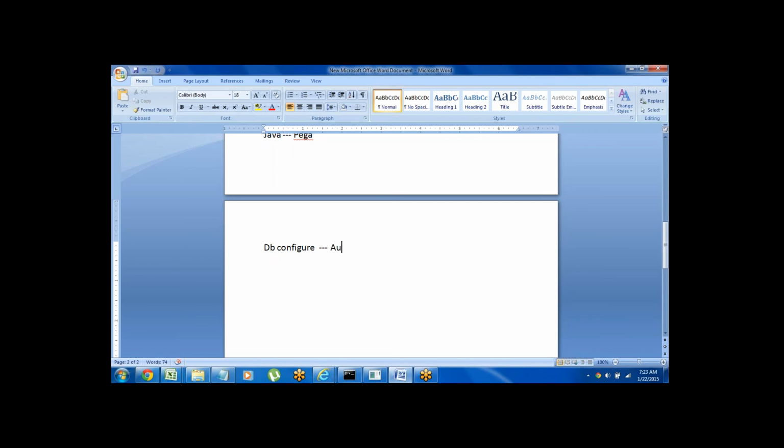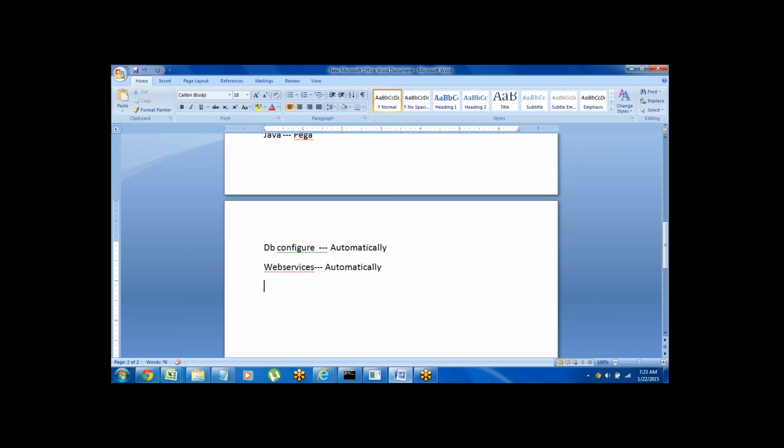I will show you how to set up the database at the time of installation. At the same time, with web services, all the services and connectors are available automatically, so we can configure them automatically. No need to manually configure the web services.